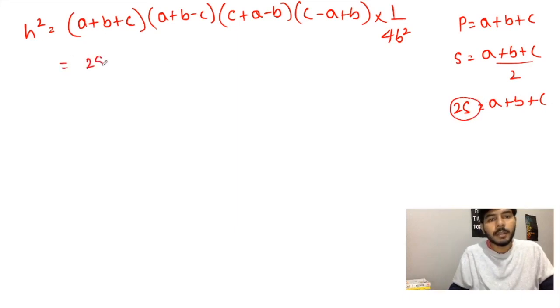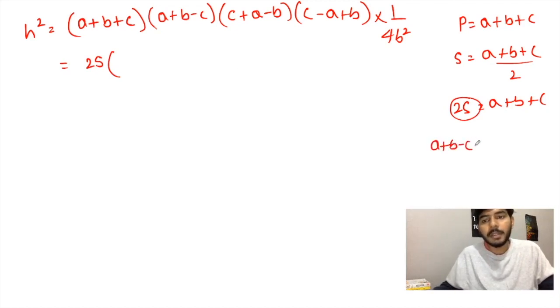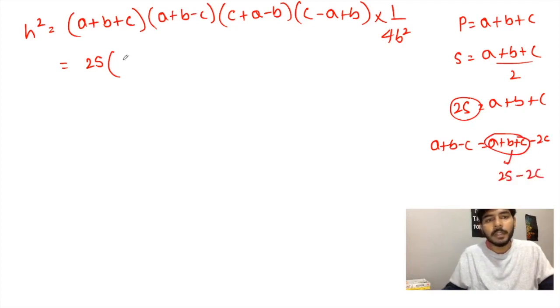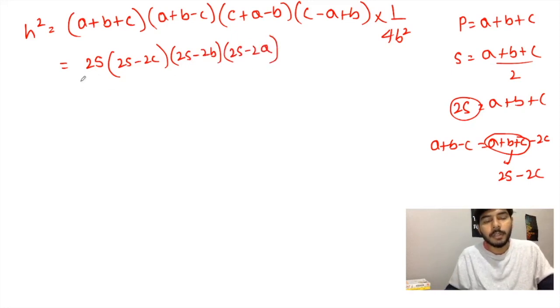तो यहाँ पे 2s लिख दिया। और सिमिलरली अगर यहाँ पे a प्लस b माइनस c लिखा हुआ है, तो क्या मैं इसको a प्लस b प्लस c माइनस 2c लिख दूँ, तो कोई प्रॉब्लम आएगा? अभी भी सेम चीज़ है। तो इसके जगह पे मैं 2s लिख रहा हूँ, और यहाँ पे 2c रहेगा ही। तो यहाँ 2s माइनस 2c लिख दिया मैंने। और सिमिलरली यहाँ सॉल्व करोगे तो 2s माइनस 2b, और यहाँ 2s माइनस 2a, ये चीज़ मैंने सॉल्व कर ली। और डिनोमिनेटर में 4 है।